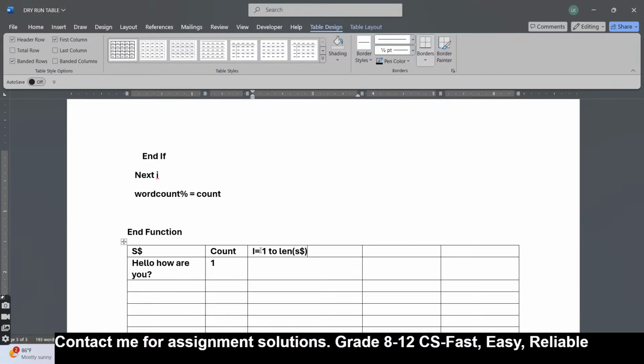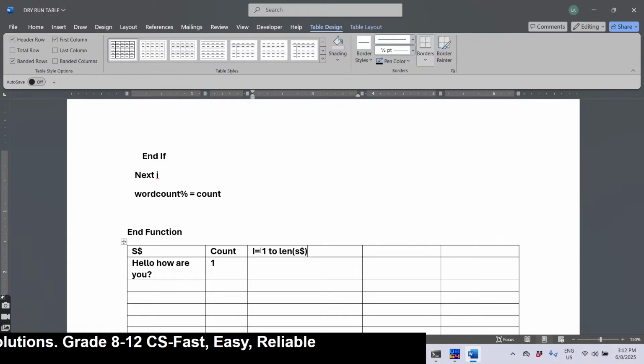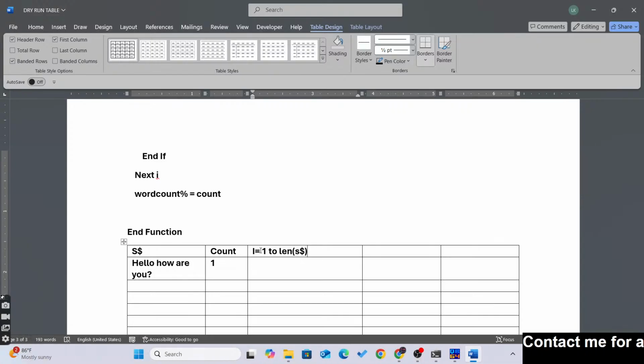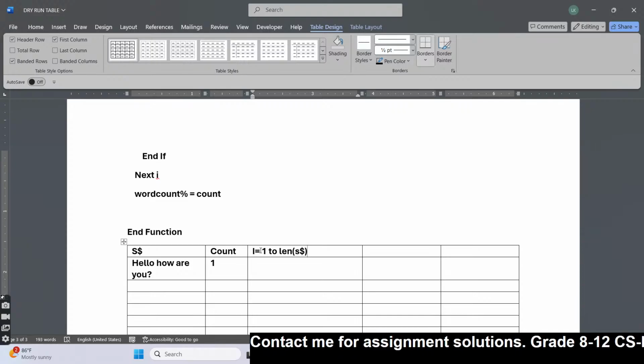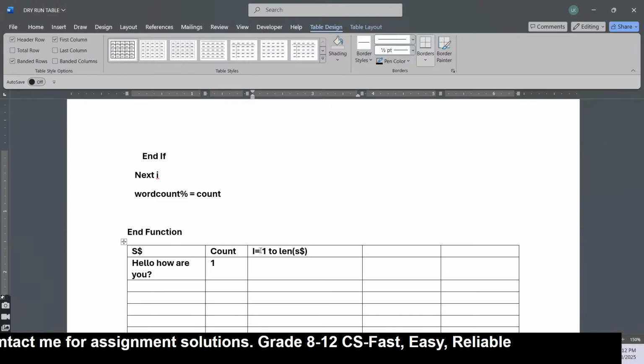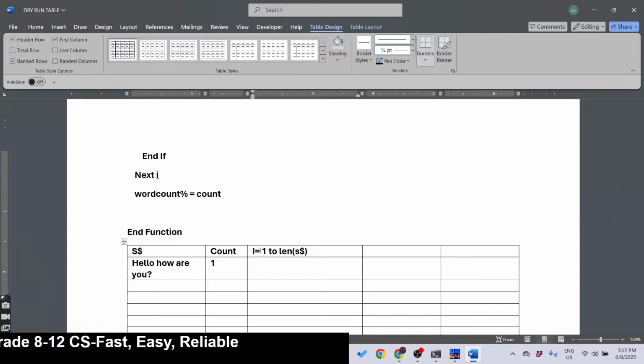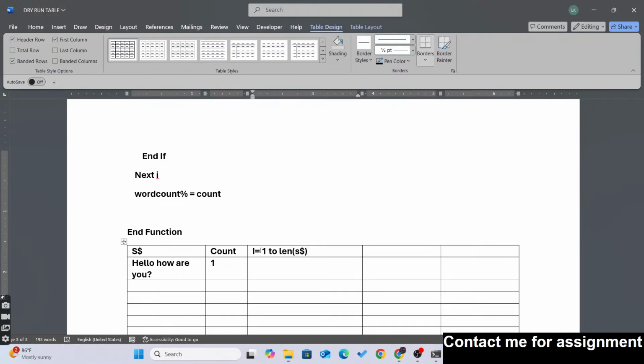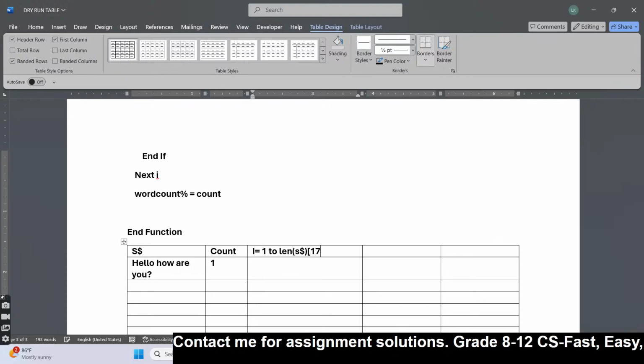So what is value of this one? Len. If we give hello, how are you, then 1 2 3 4 5 6 7 8 9 10 11 12 13 14 15 16 17. Yes, it becomes 17 there. So actually len is 17, so just put 17 here. Okay,